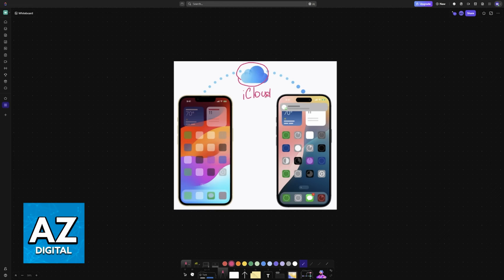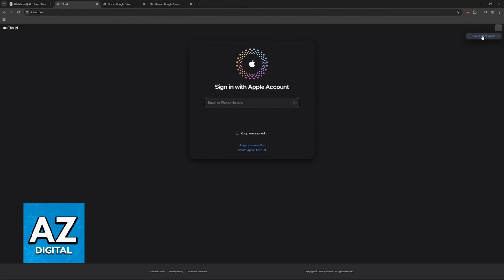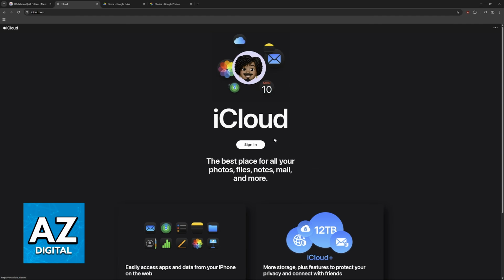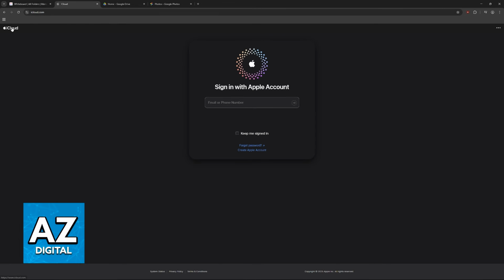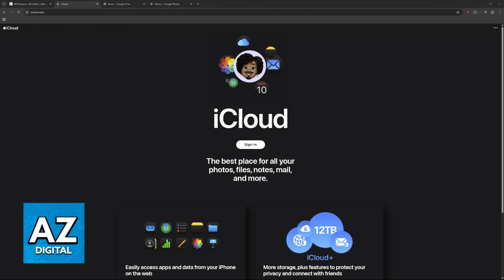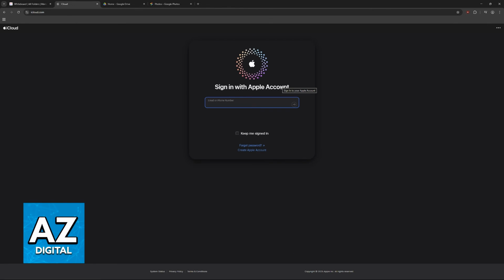You can still access all of your iCloud data even on a PC or laptop, so it doesn't have to be done on an Apple device. So all that you have to do is go to iCloud.com. When you access this page on a web browser or even another smartphone, you will be able to sign in using your Apple account. So go to iCloud.com and after signing into your account, all of the data will be